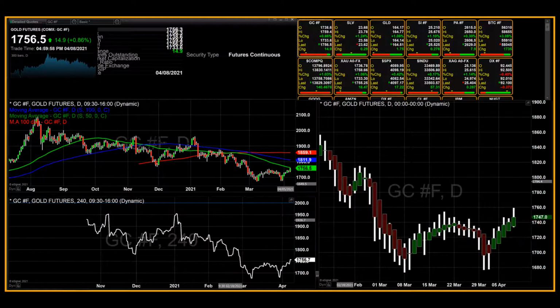Traders, extremely nice, respectable gains in both gold and silver today, as well as the ETFs, SLV and GLD. We did send out a trade alert this morning with stop recommendations you initiated on the open of yesterday's trading activity. Gold currently up $14.90. That is a rise of almost 0.9% and currently stands at